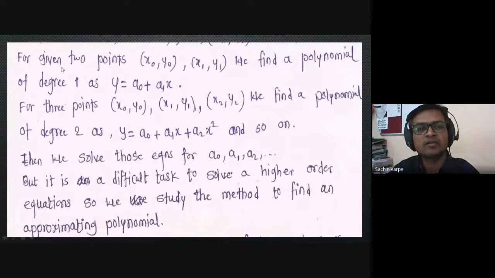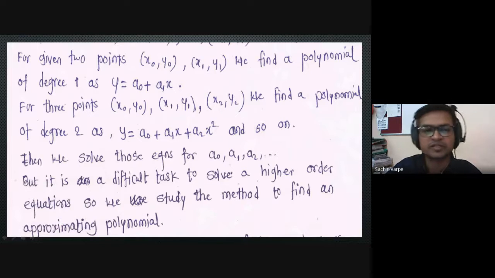Let's have, for given 2 points (x0, y0) and (x1, y1), we find a polynomial of degree 1 as y equals f(x), and that f(x) is a0 plus a1x. So for the points (x0, y0), (x1, y1) and (x2, y2), we find a polynomial of degree 2 as y equals